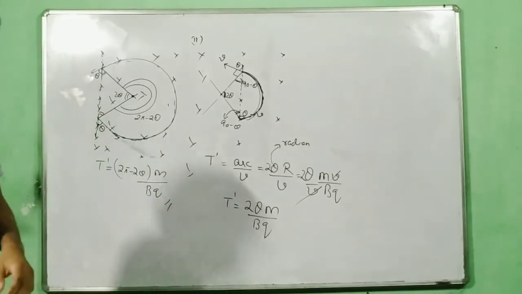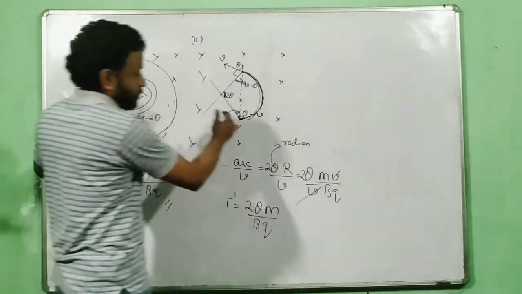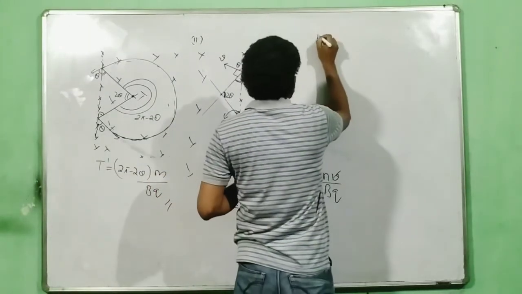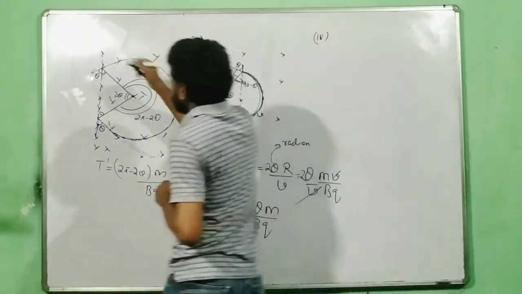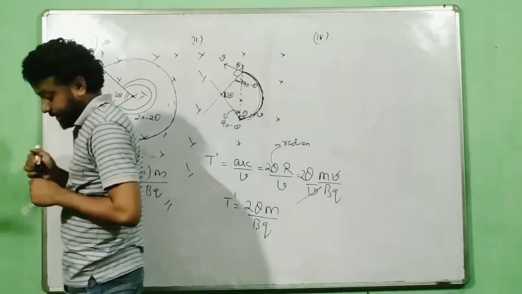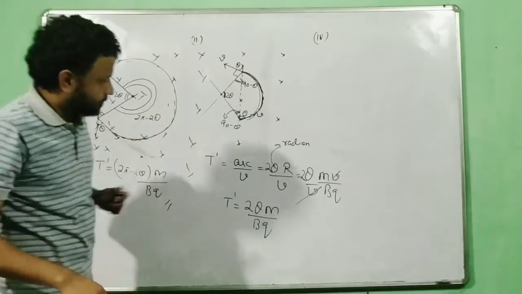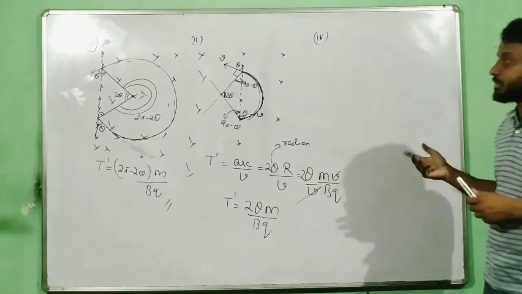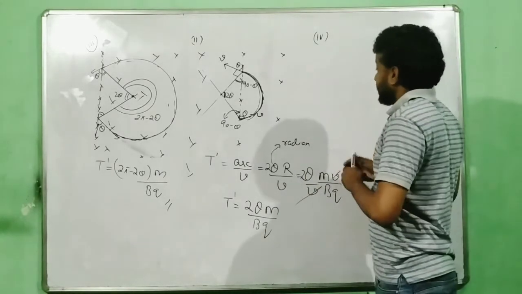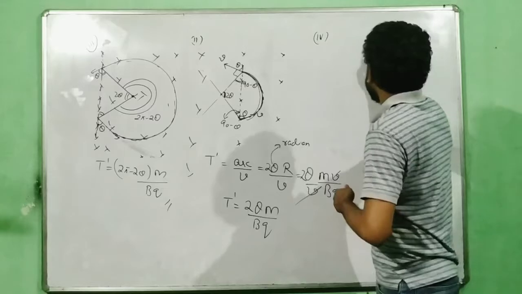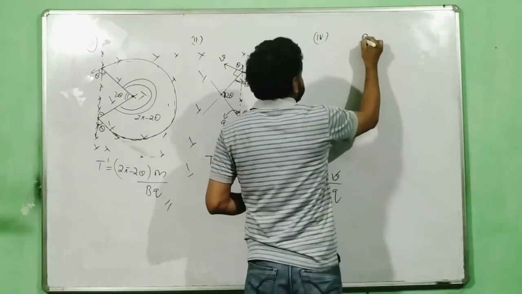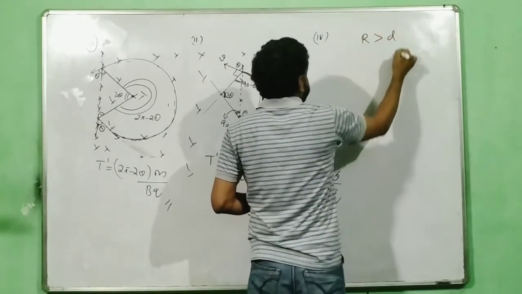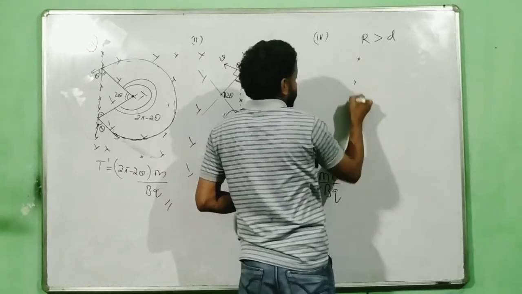Okay. Last question. This is more or less same. This one is a very interesting one. If I consider this to be the third question, the fourth question is very interesting. What if I give insufficient length, insufficient magnetic field from both the sides? That means I am giving from here and then I am getting, that means the radius is more than d. What does it mean?